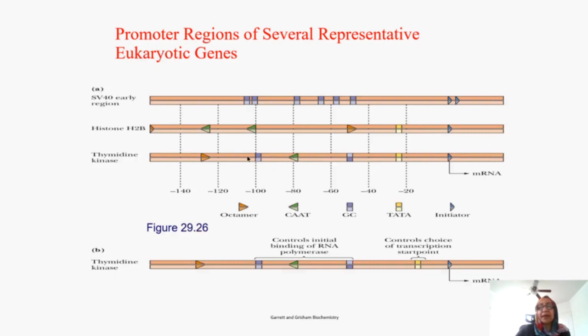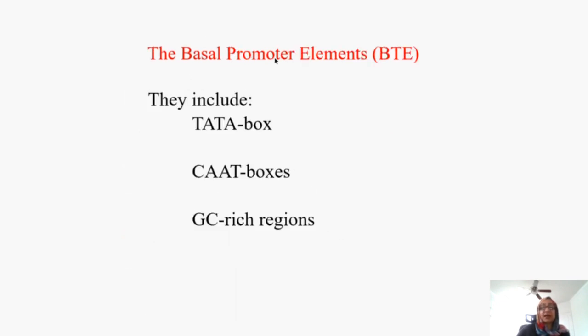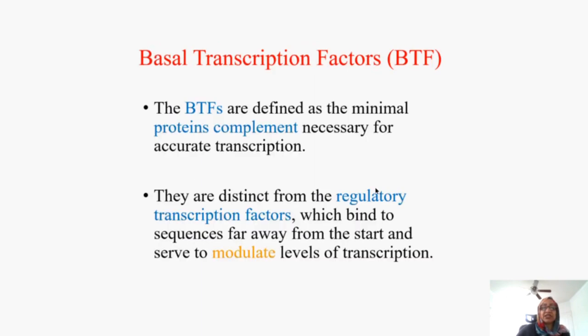Transcription factors will recognize them, they bind, and then they recruit the polymerase and tell the polymerase, hey, please come and bind here because this is the starting point. So we need the basal transcription complex. That means we need the sequence on DNA and we need the transcription factors. Those are the sequences on the promoter region, which are called elements: TATA box, CAAT, GC rich, and the transcription factors. We say that we have about 50 and more proteins that are involved and binding